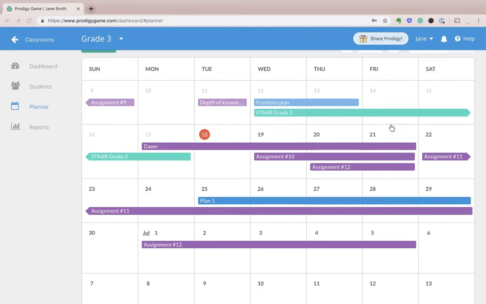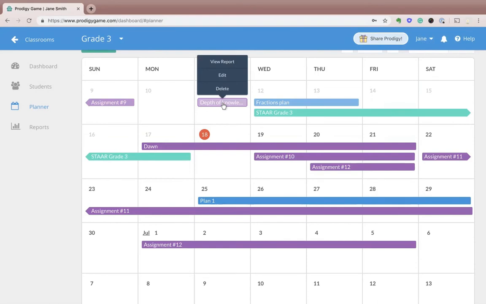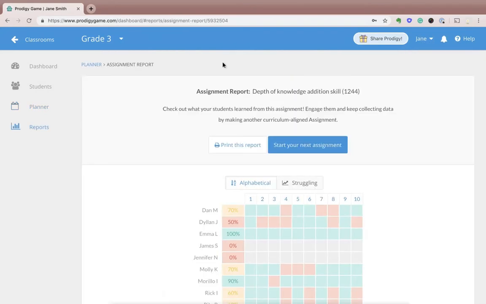To view a report on how your students are performing, just click on the assignment in the calendar and select View Report. Now that you know how to deliver and report on spiral assessments,